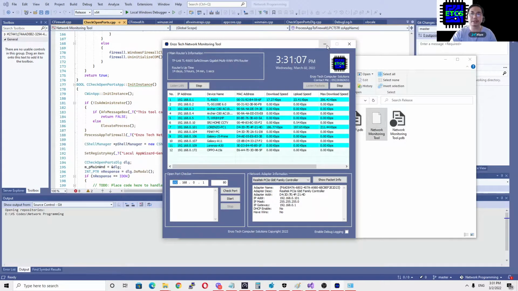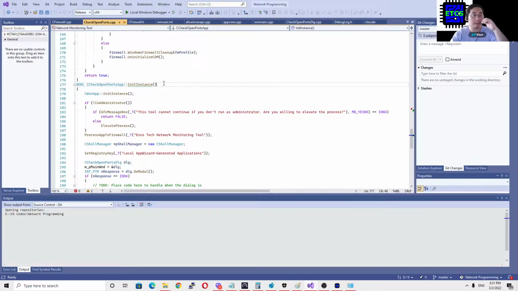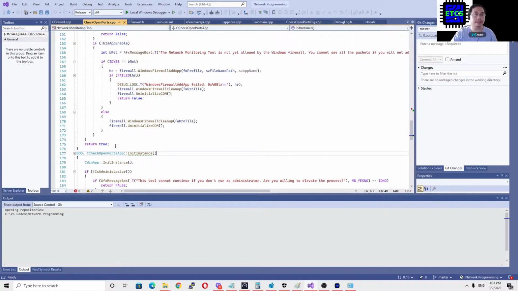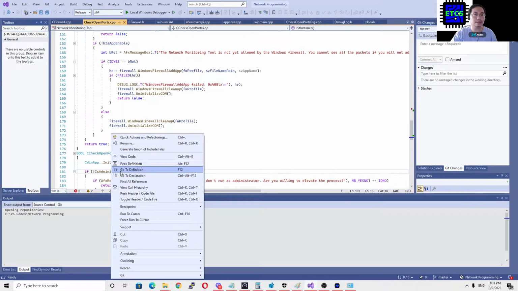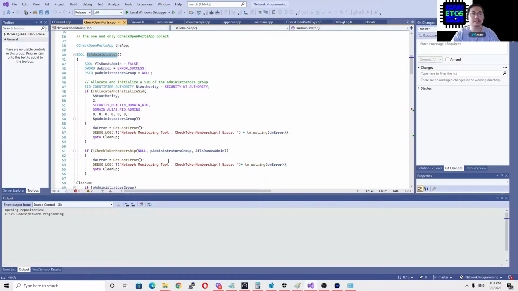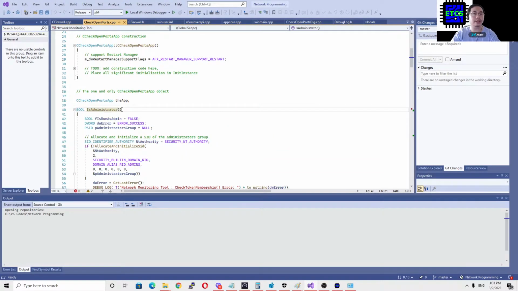So how did my implementation go? When the application starts, it will check if the tool is run as an administrator. So let's go to this part. What it does is get the security ID of the process, checks if it is part of the administrator group, and if it is not, this will return false. So when it returns false,